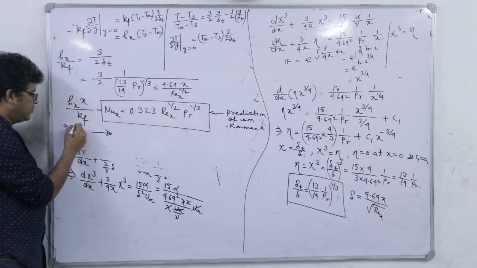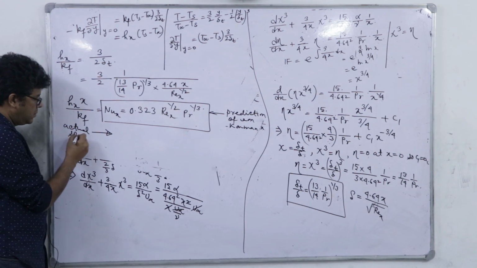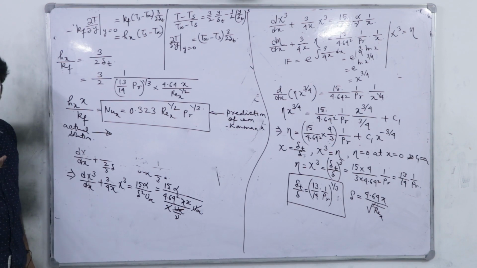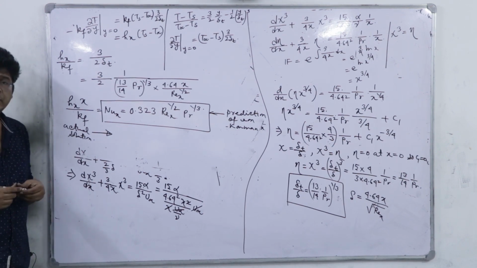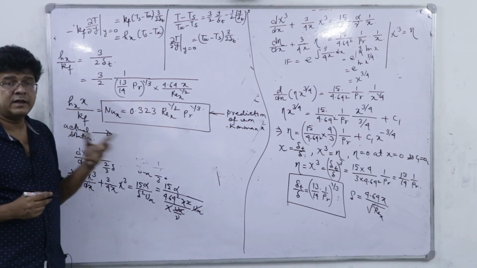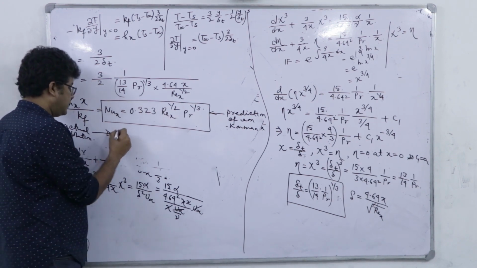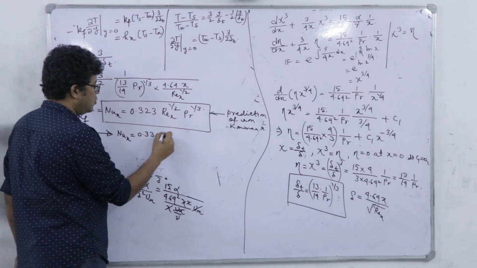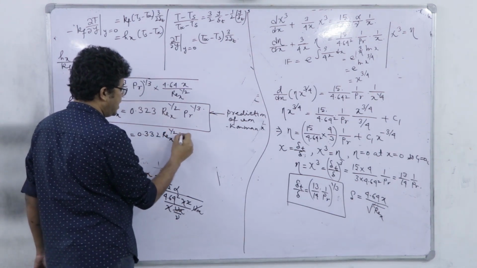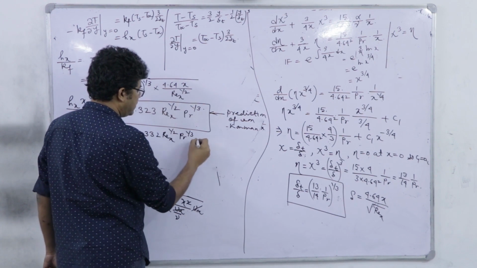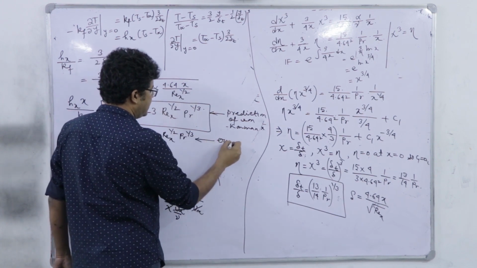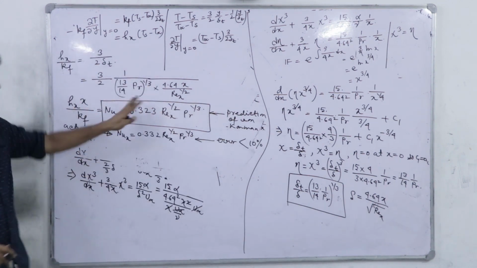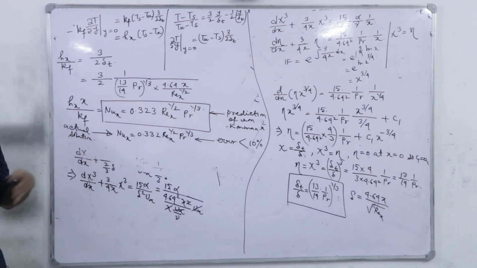The actual solution, which is obviously the combined solution of three differential equations, continuity, Navier-Stokes and energy balance, will give you NUX is equal to 0.332 into Rex to the power half into Prandtl number to the power 1/3. So, error is less than 10%, right,